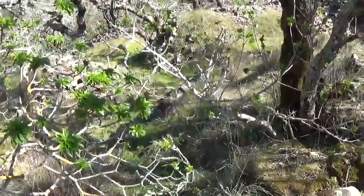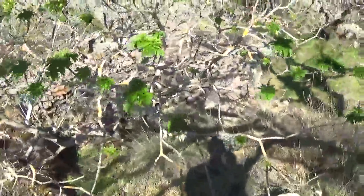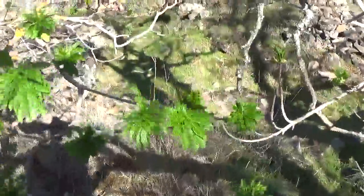I'll be right over there. I'm going to check this big one out first. Oh, we should use the little road. I'm climbing through the thing, but...